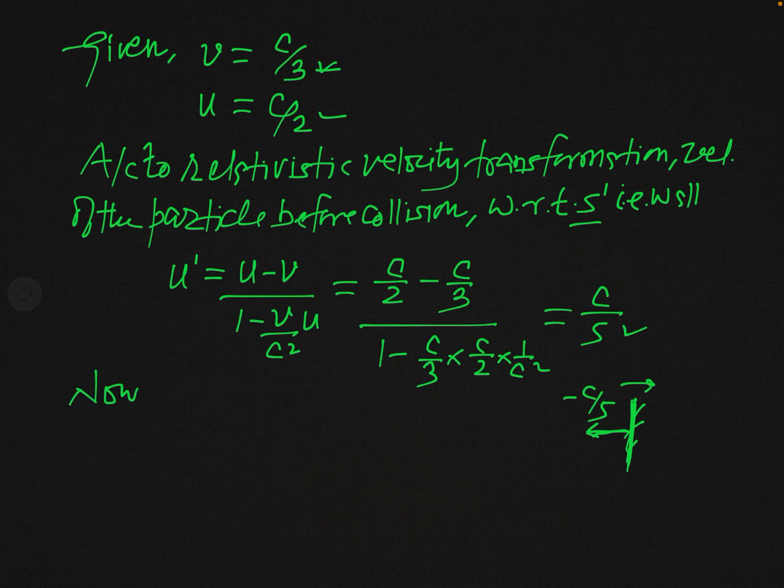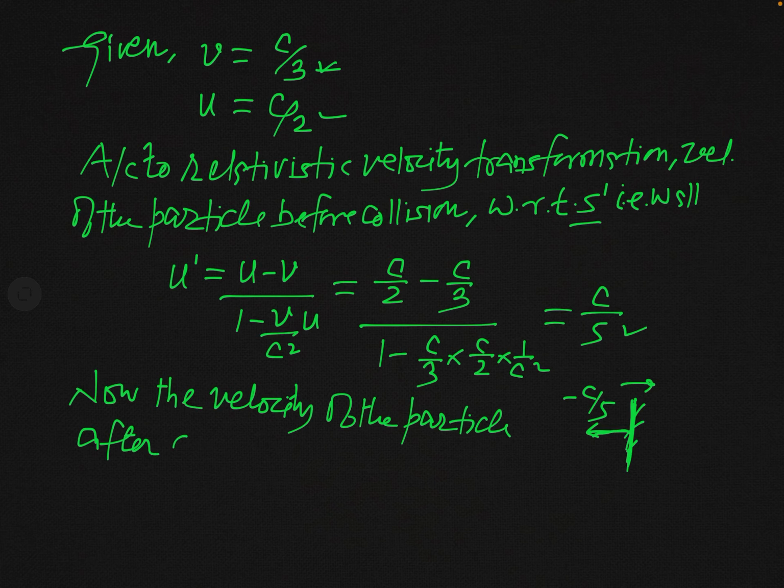Now the velocity of the particle after collision, if we denote it by the symbol u, let us say this velocity is ux, then this will be u prime x